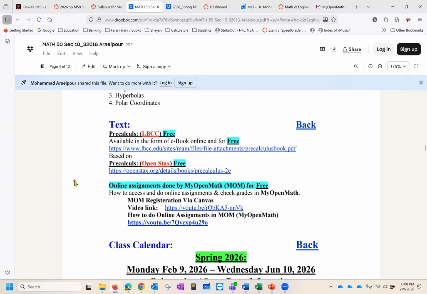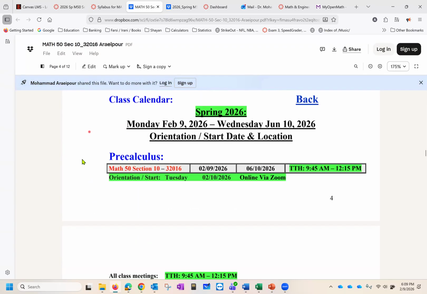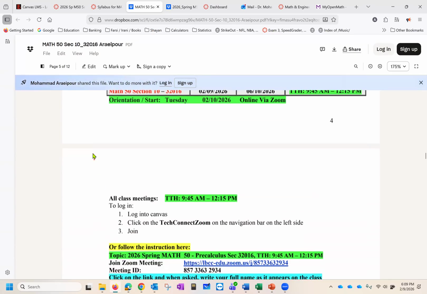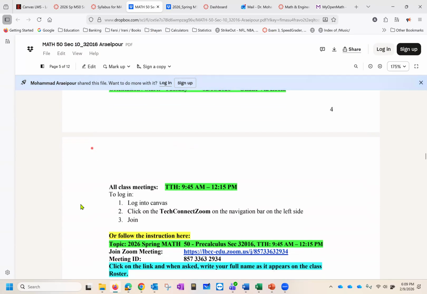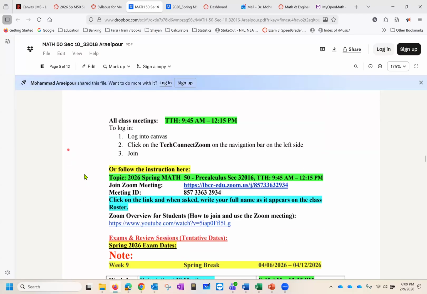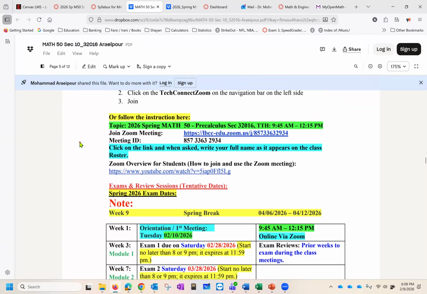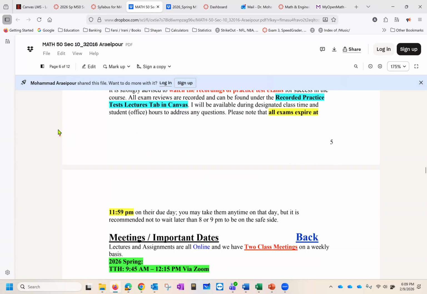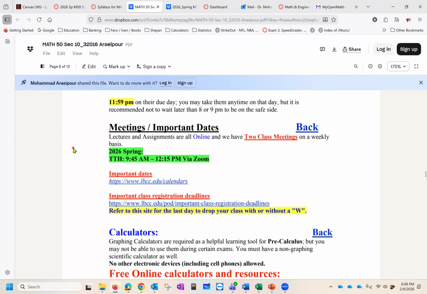Text. The text can be found online. It's by OpenStax and it's free. Okay, I can show you right here, or when we go to My Open Math, I will do that later on. Class calendar, you have a synopsis of that here. Okay, so this one wasn't fixed properly. I will look at that later, but in any event,